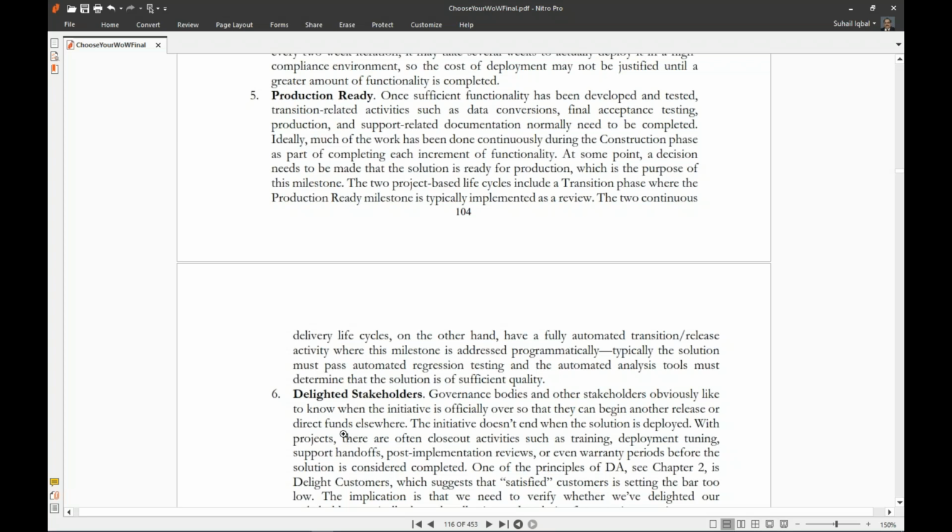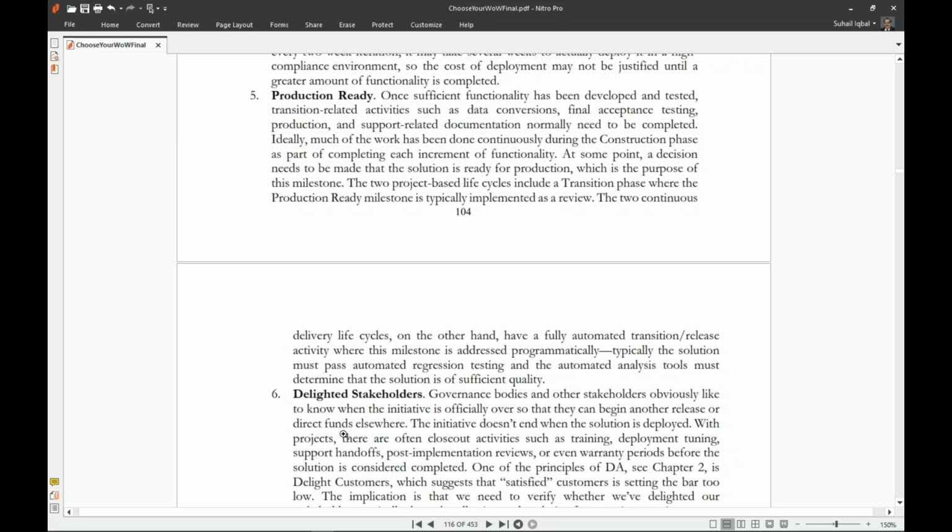Once sufficient functionality has been developed and tested, transition-related activities such as data conversions, final acceptance testing, production, and support-related documentation normally need to be completed. Ideally, much of the work has been done continuously during the construction phase as part of completing each increment of functionality. At some point, a decision needs to be made that the solution is ready for production, which is the